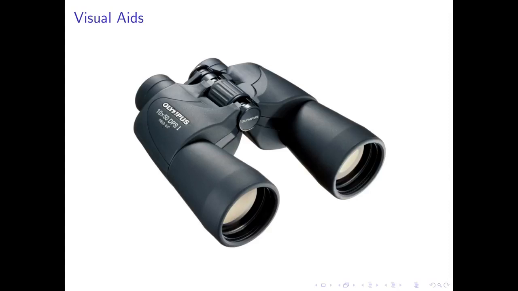You probably have some kind of prism in here in order to move the light in a triangular shape all the way out here. And you also have lenses here, by the way. So these are visual aids that can enlarge, and because you can imagine that our eyes are somewhat like